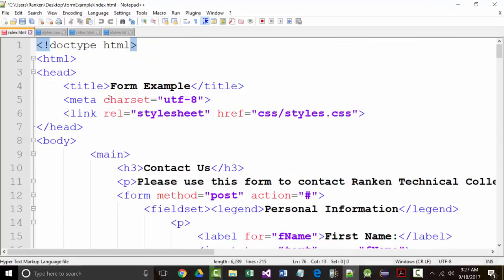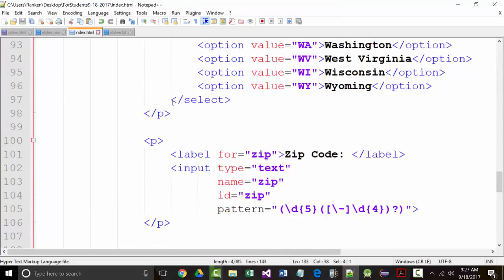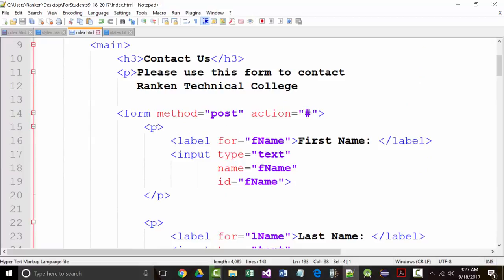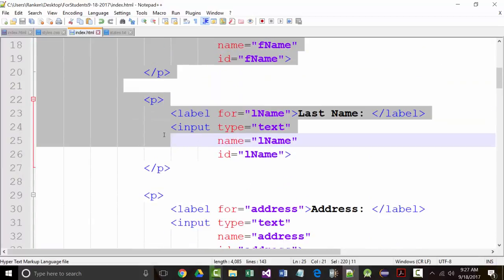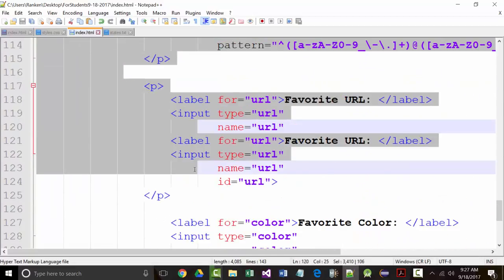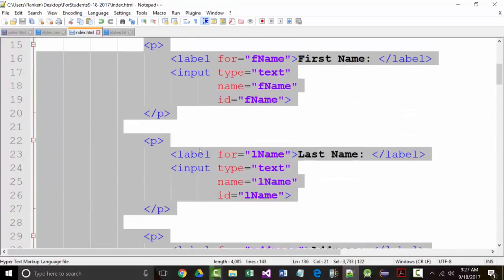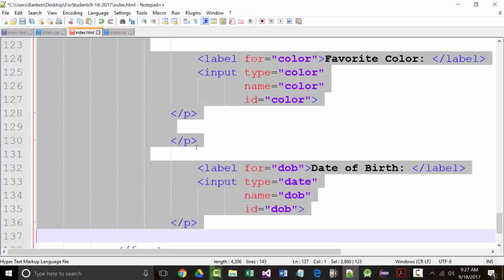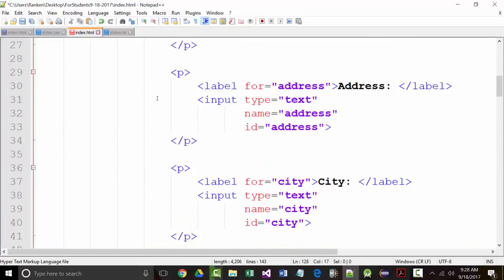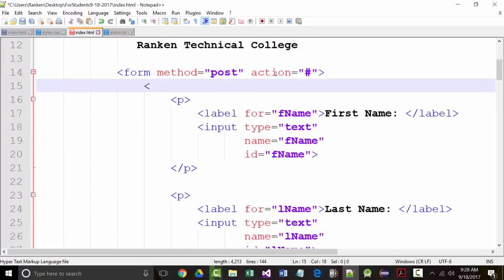Well, we come back up to the top. The first thing that we put in here, which was this first paragraph, I'm going to grab everything that we've added, from the first paragraph to the last paragraph, all of it. I'm going to highlight all of it and just hit tab to move it over one. Then I'm going to come back up to the top here, and right after my form tag, I'm going to put in here fieldset,